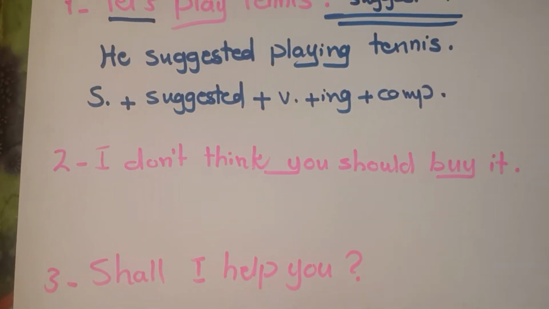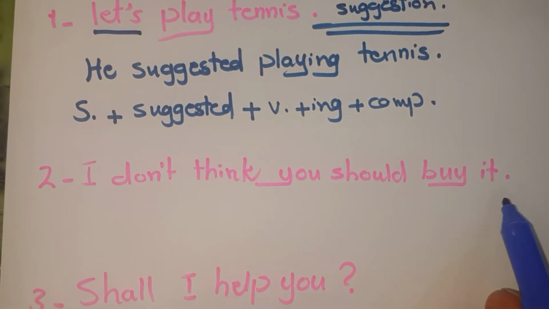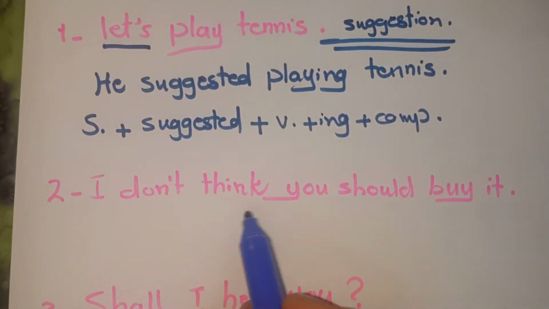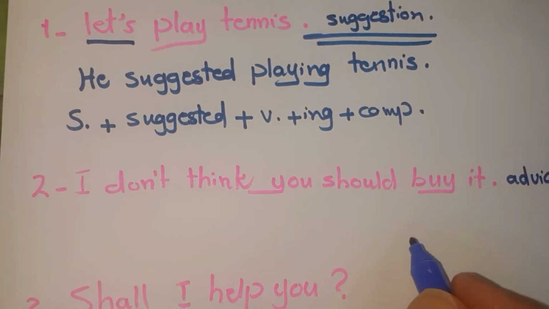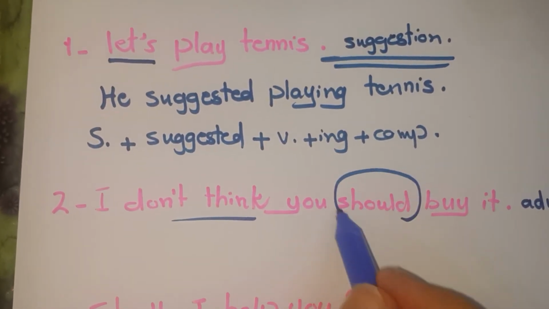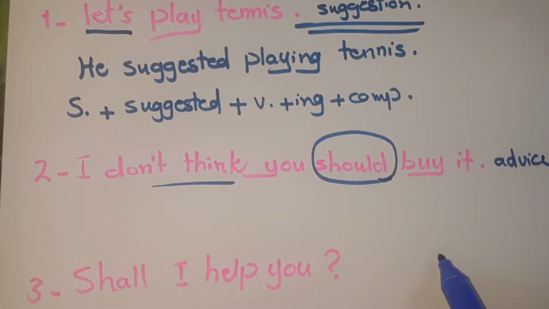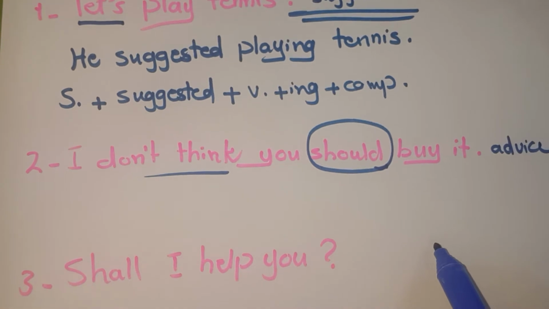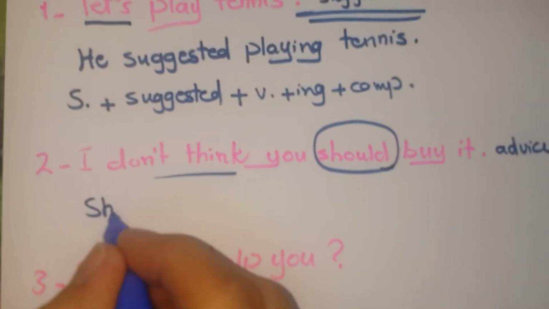The second example. I don't think you should buy it. This is what? This is an advice. How do we know it's an advice? The sentence starts with the verb think and you have should, indicating that the sentence is an advice. How can we report it? We can simply say she